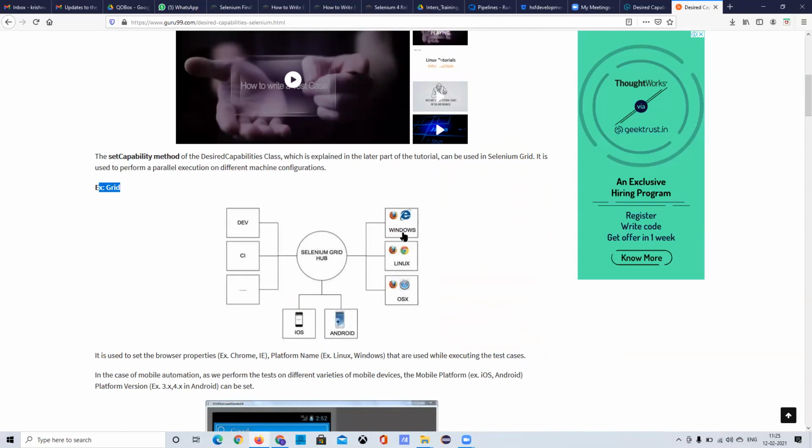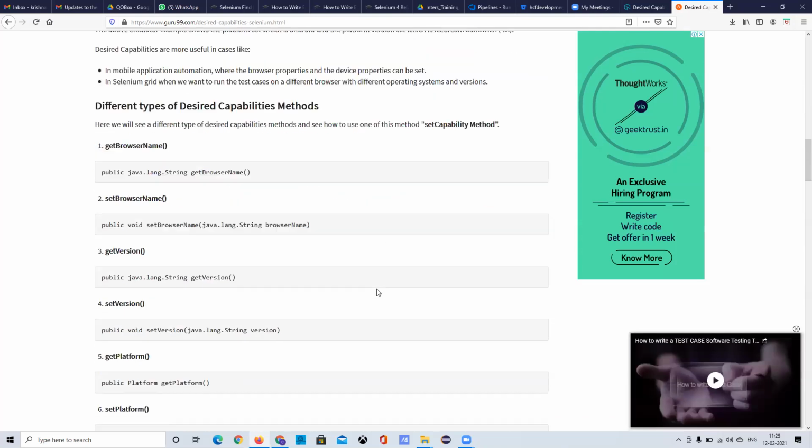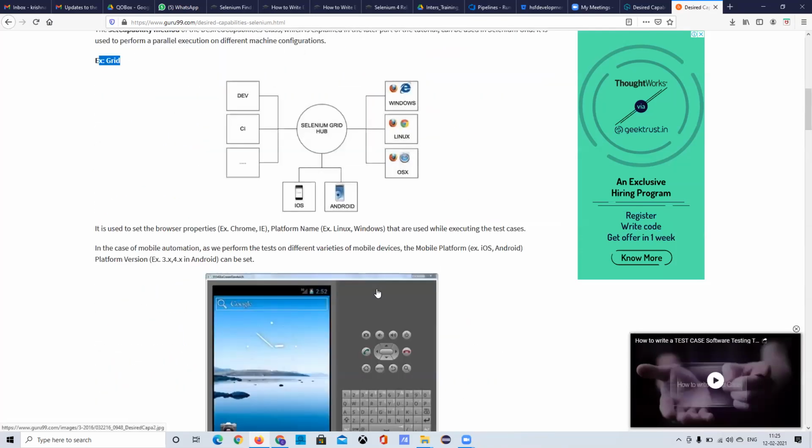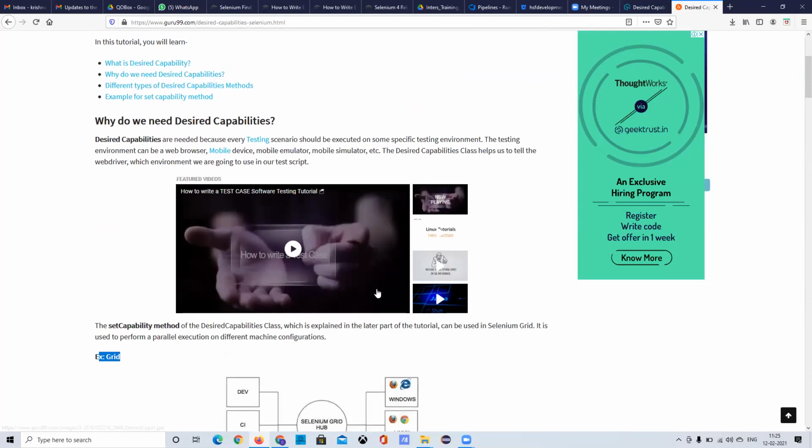Sorry, an iOS machine. So when we have it, I want to execute in IE and Firefox. And here I need to execute in Firefox and Chrome. And here I need to execute in Safari. So now I need to pass that particular thing. At that point of time, I'll get that particular version and then I'll set it into the desired capabilities.